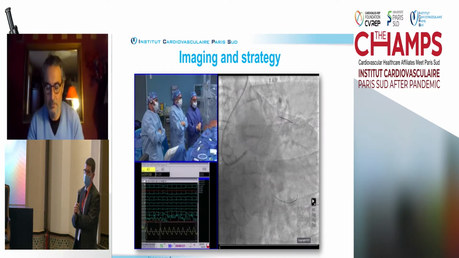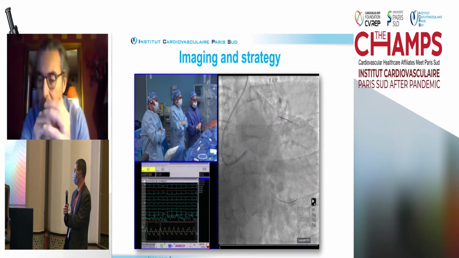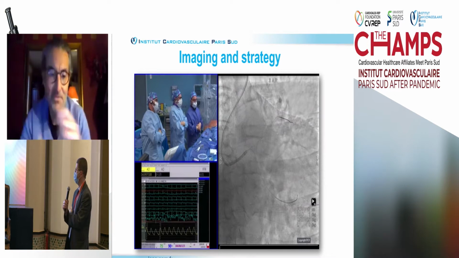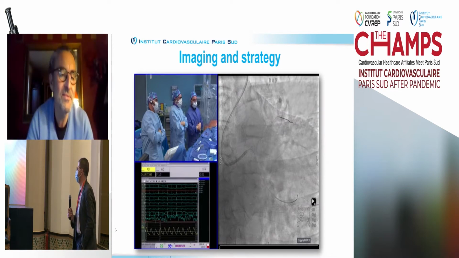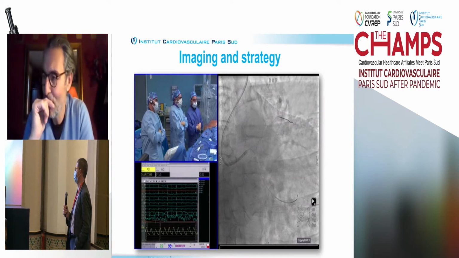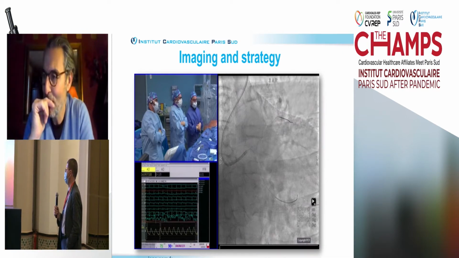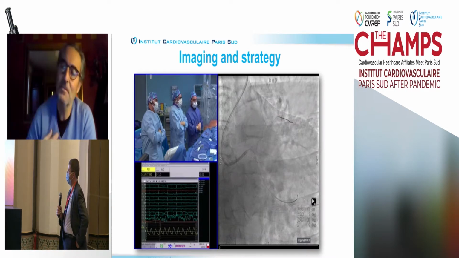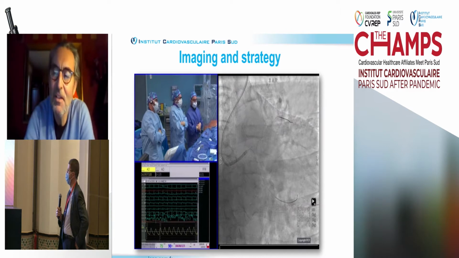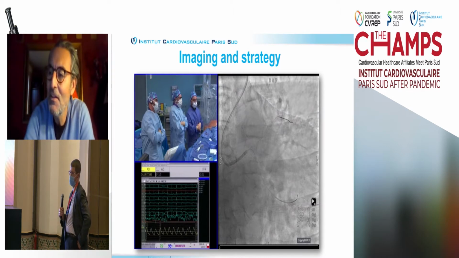And another opinion. Do you have something, Hakim, in the obtuse marginal, OM? You said that there is a lesion in the OM. Can you show us? 60%. Because if you have a lesion in the OM, I will start with the OM first and fix it, then go for wiring the diagonal and the LAD and left main, then fix the diagonal, and then take one stent from the LAD to the left main, and then POT, recross and kissing. Because I have to finish with the OM,